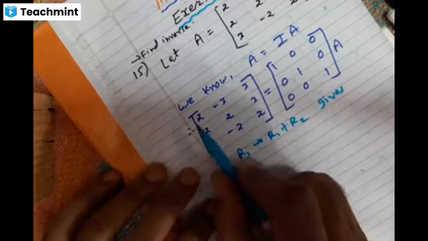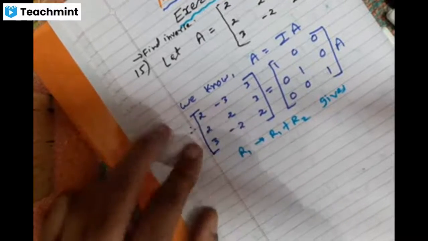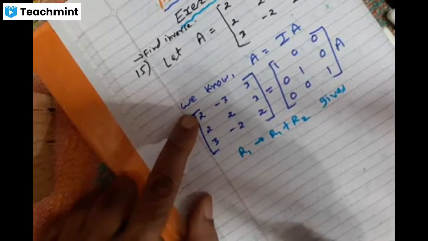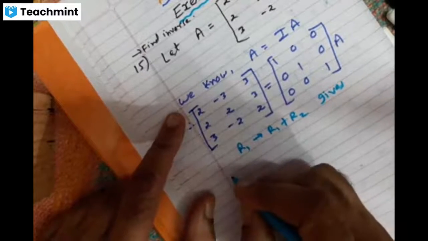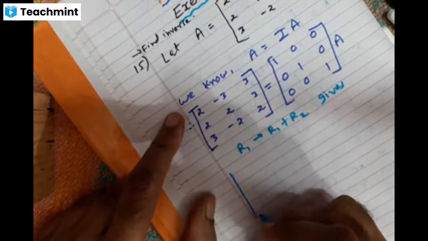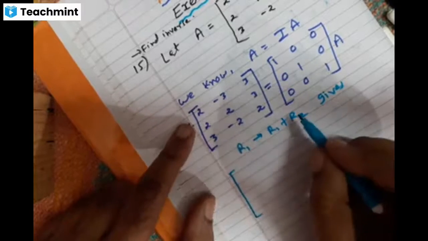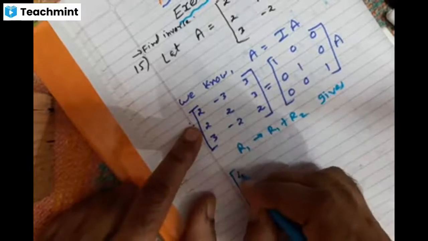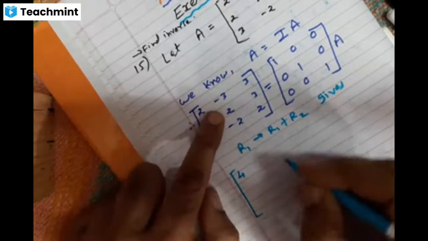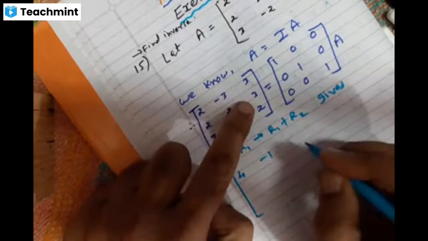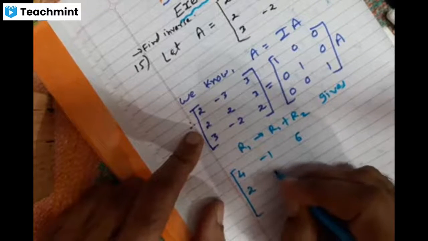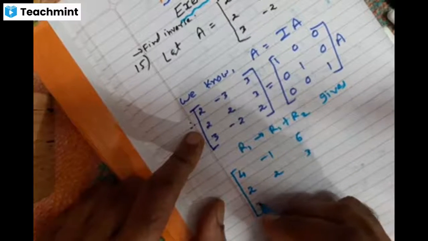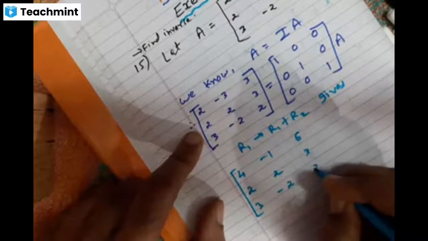Okay? Actually, I want one over here. First, my goal is to get one here. Right now, if I add the first and second rows, we will not get one, but what is the reason that I am doing it? R1 plus R2 means 2 plus 2 will be 4, minus 3 plus 2 will be minus 1, 3 plus 3 will be 6. Remaining two rows as it is, 2, 2, 3, 3 minus 2, 2